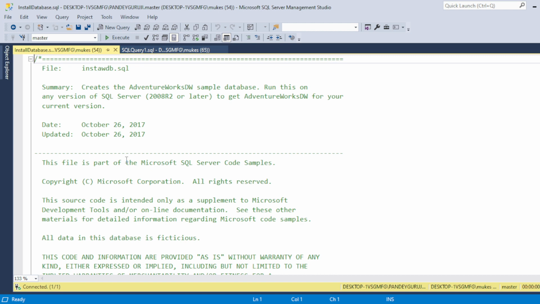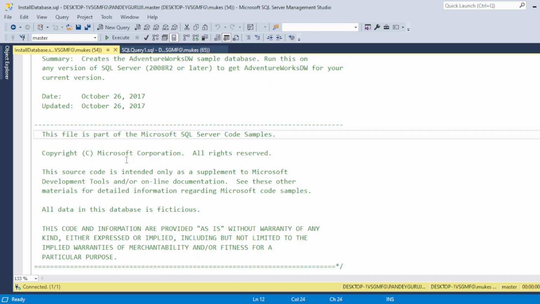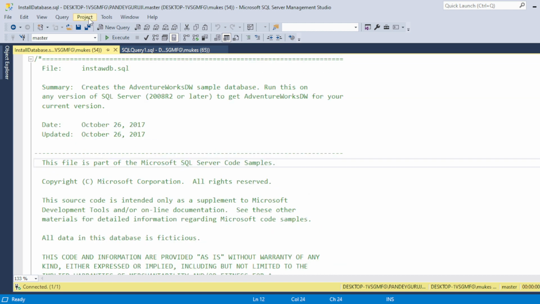After opening the file, go to Tools, where we have the Options. Within Options we need to highlight the line number in SQL. Once you click on Options, it will take some time, so just wait.